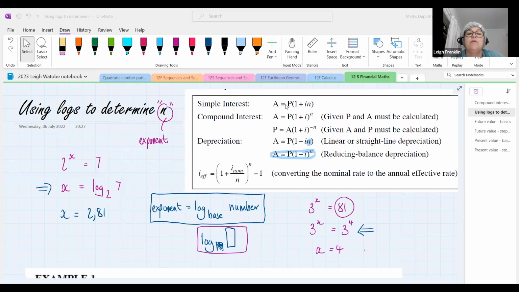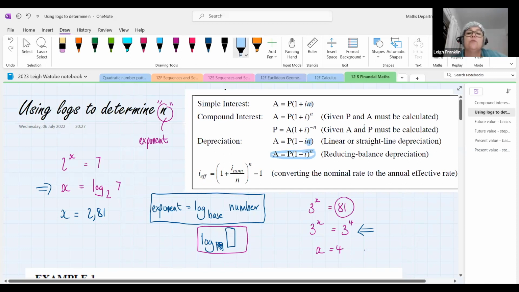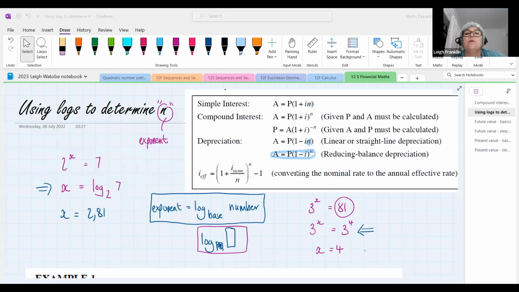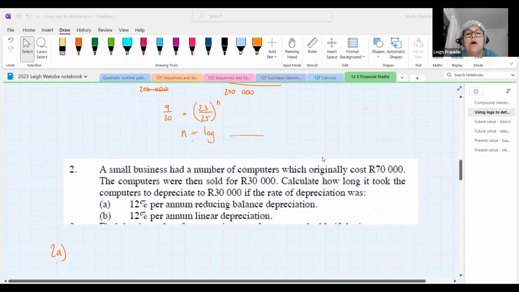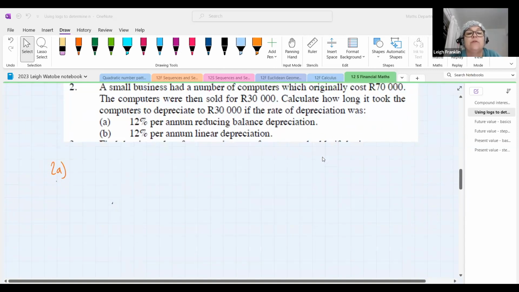Does anybody know? In simple interest and linear or straight line depreciation, your N, okay, Nicole, we'll look at that answer now, is always the number of years. Okay, N is always years. So we would not need to use logs to calculate